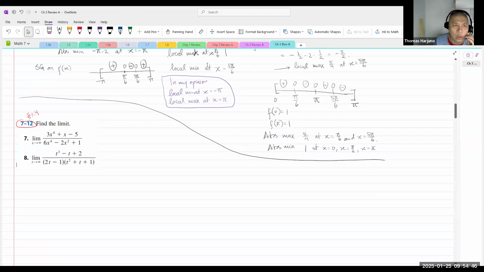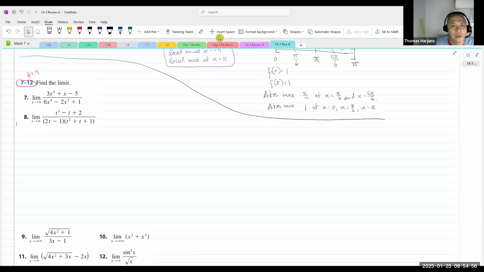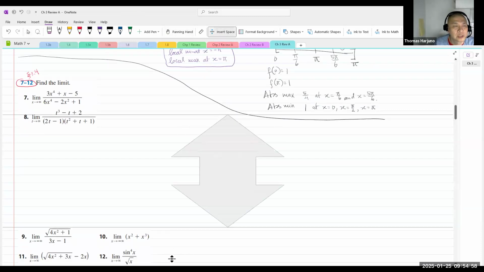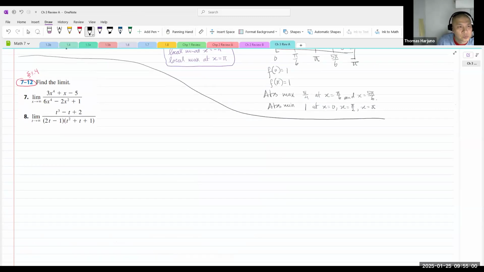Next week, if you want to say, hey, Thomas, I would like to see more examples from section 3.4, then you can come here and try to see how I approach this. Now, number 7,